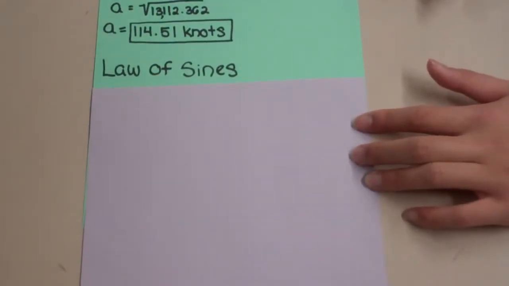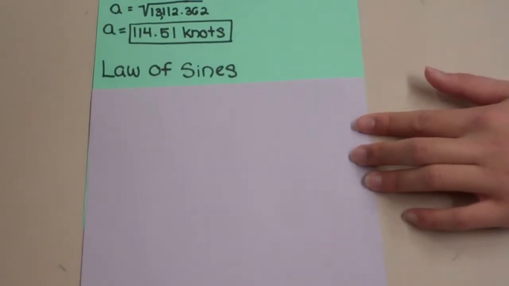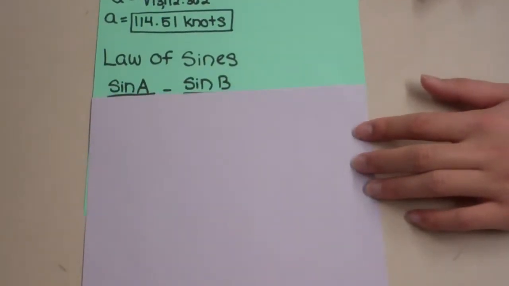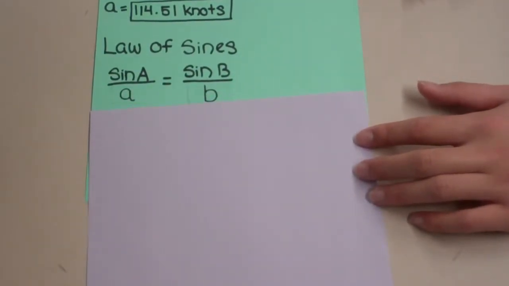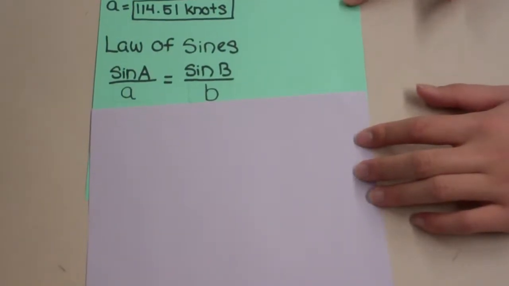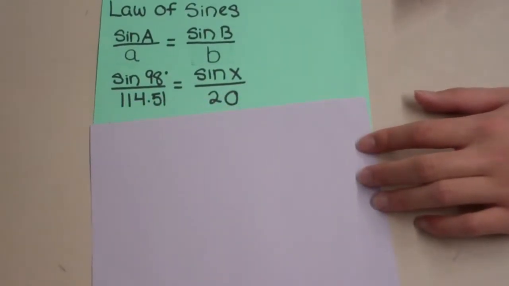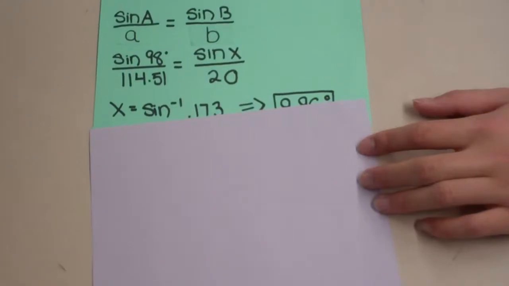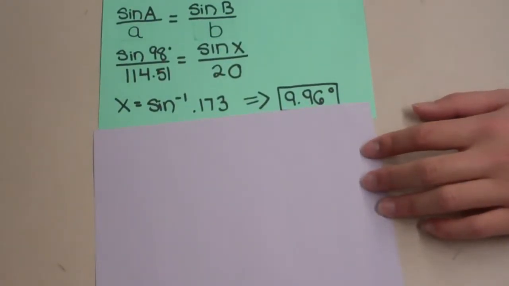From there, we can use the law of sines to calculate the wind correction angle. The law of sines states sine of A over side length a is equal to sine of angle B over side length b. By plugging in the relevant values, we get the sine of 98 degrees over 114.51 is equal to the sine of x degrees over 20. When we solve for it, we get x equals the sine inverse of 0.173,